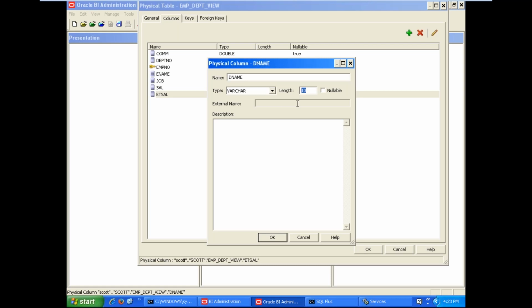If the department name length is more than 10, for example 12, then the value gets truncated. If it is a string value, the value gets truncated, and we are getting truncated values in the report. That's why you can always define the maximum value up to 255.